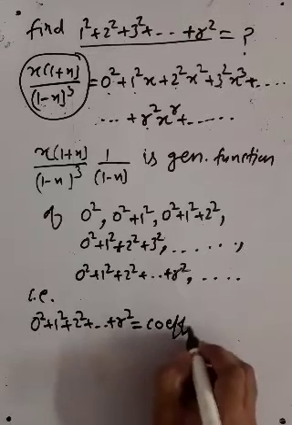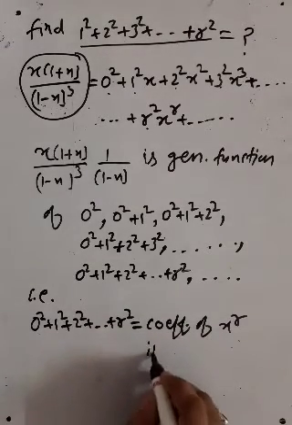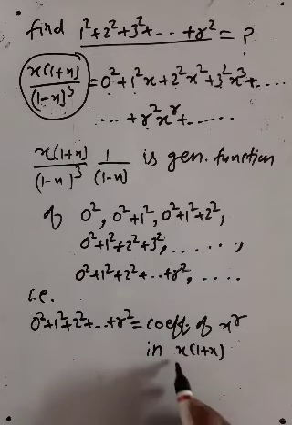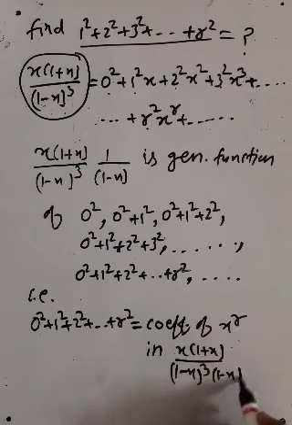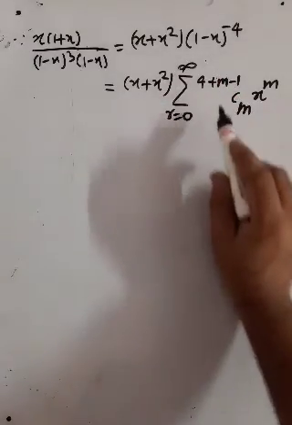the coefficient of x power r in x(1 plus x) upon (1 minus x) cube times 1 upon 1 minus x. Since this is equal to (x plus x square) times (1 minus x) raised to minus 4, and according to binomial expansion, this can be written as,